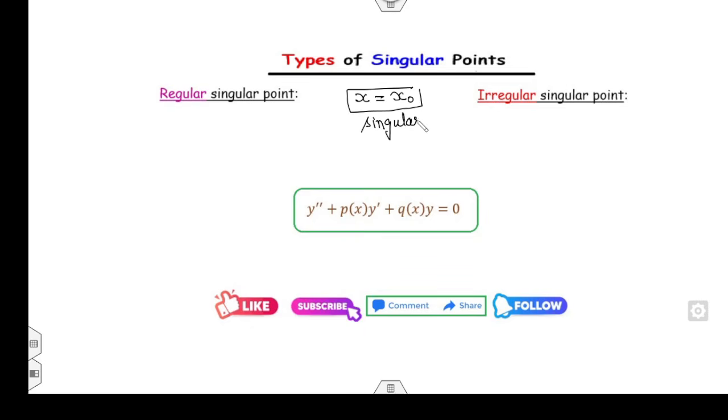सबसे पहले आपको singular point prove करना होगा, and then you can check whether the singular point is called irregular or regular. The concept is very simple. You have to check